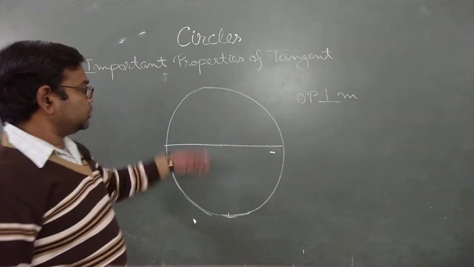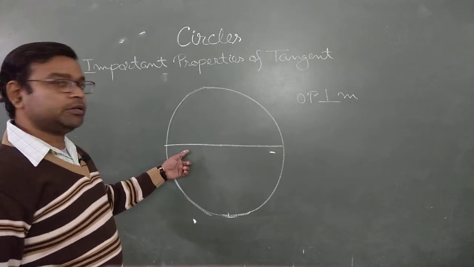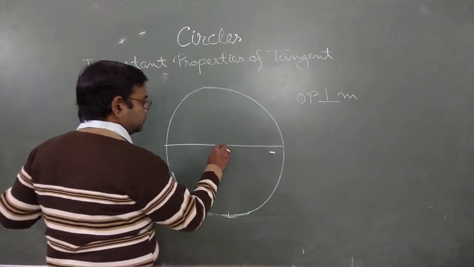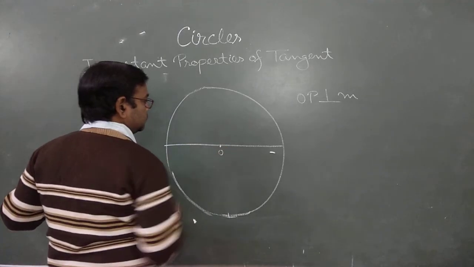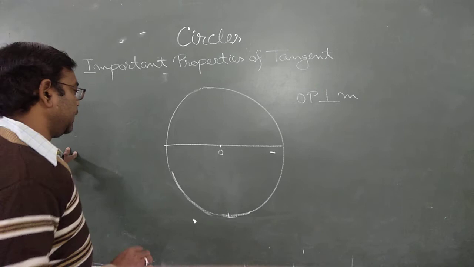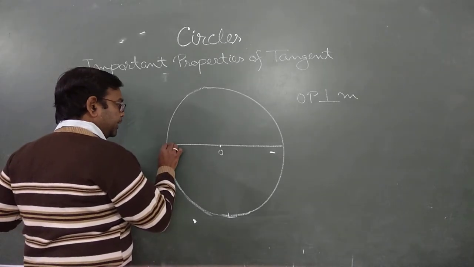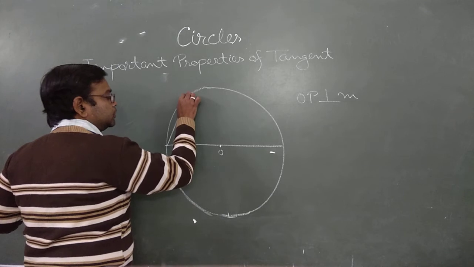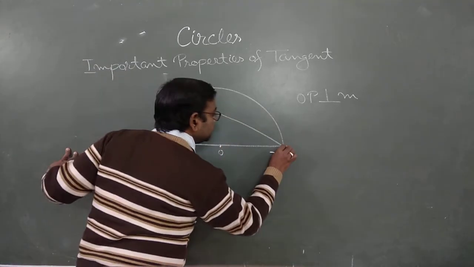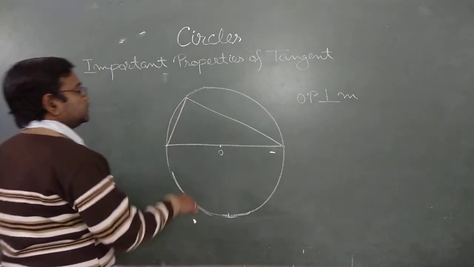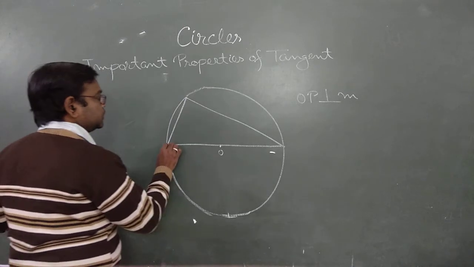Clear? So these two are semicircles because this is a diameter. It passes through the center O. Clear? So the angle made by the end points of the diameter with the circumference